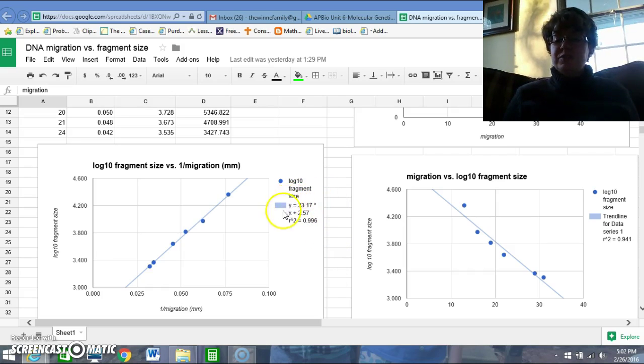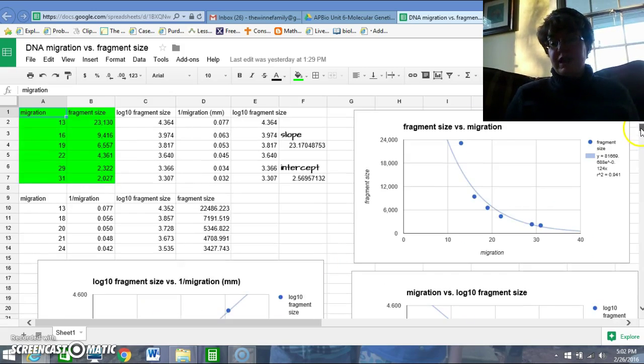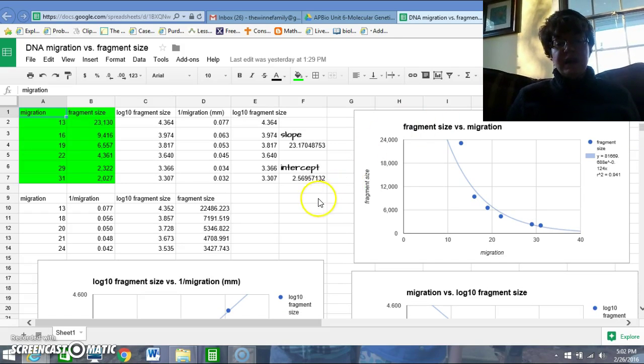And then I can use the standard equation of a line, y equals mx plus b, where x represents 1 divided by the migration, and y is the log 10 of the fragment size. And then I can use Sheets to figure out what the actual fragment size is for my unknown bands in my gel electrophoresis results. So let's take a look at how we would do this on